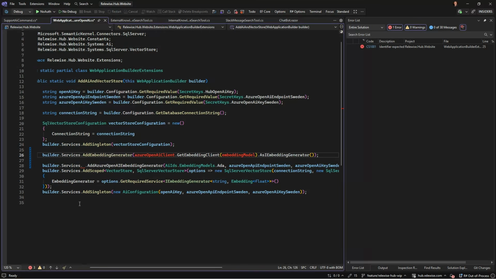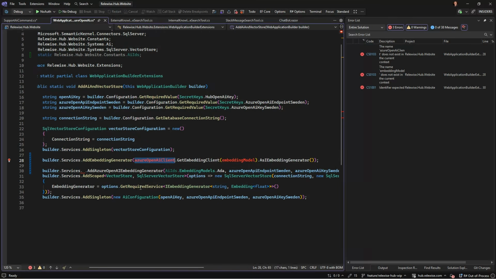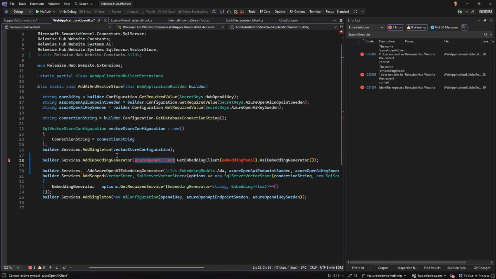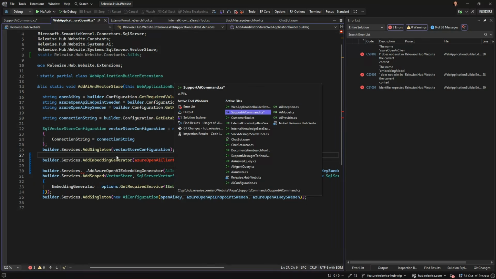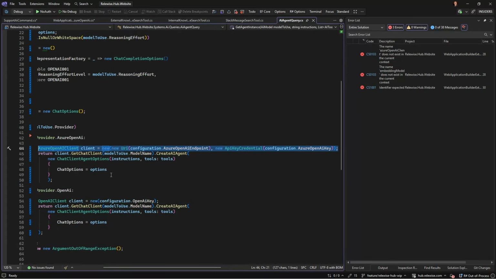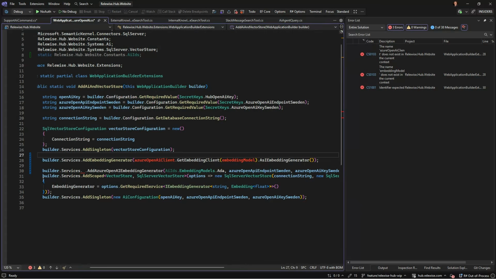So it's at builder.services, so we need the Azure OpenAI clients, which we don't have here. So there's a little duplication of code now, but we're just gonna grab this guy over here.